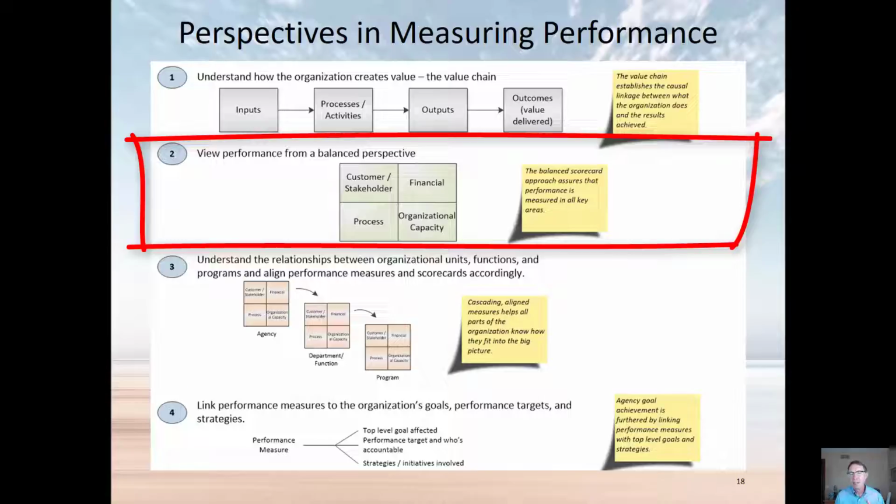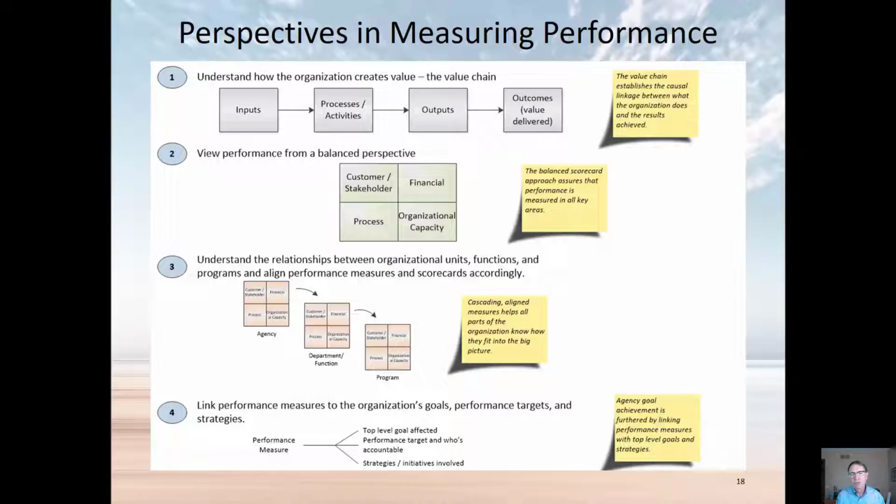But keep in mind that your outcomes really are looking at the customer and stakeholder perspective and saying that's what we expect. So you're doing your job there. And then the financial process and organizational capacity often can get addressed, from a board's level and board's perspective, through your operational limitations, where you say what's acceptable and what's not.